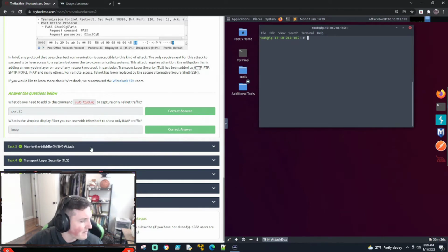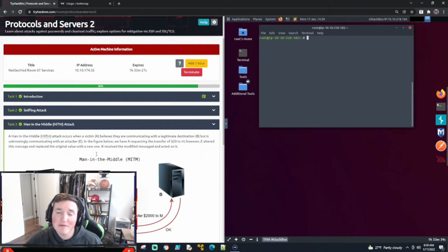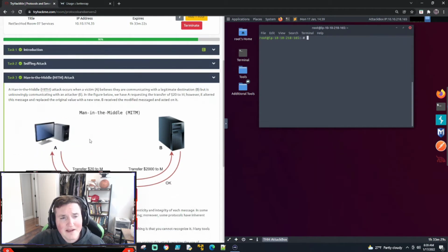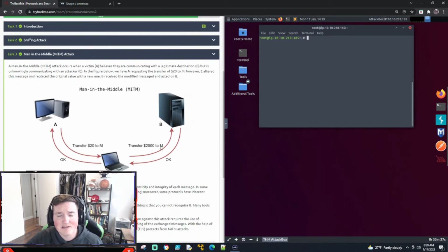All right, let's dive into man-in-the-middle attacks. These are probably the most famous and also the most fun attacks that you're going to learn about today. Man-in-the-middle, it's as simple as it sounds. Now, this is showing a server. What you could do if you're on the same network, you're typically going to see this more if you're on the same network. And the only reason I say that is because it's going to be harder to intercept someone on the internet, okay? If that makes any sense.